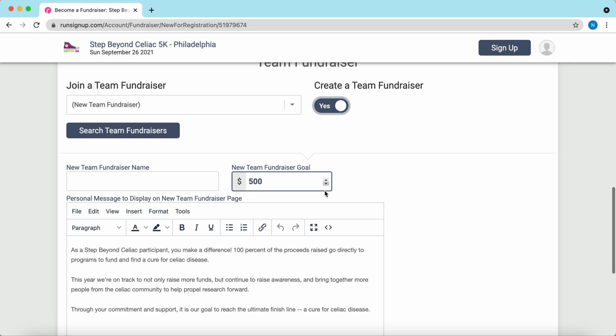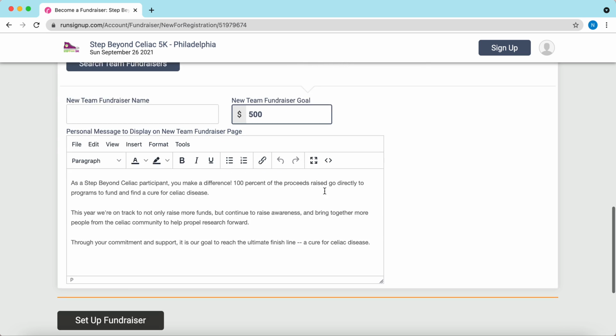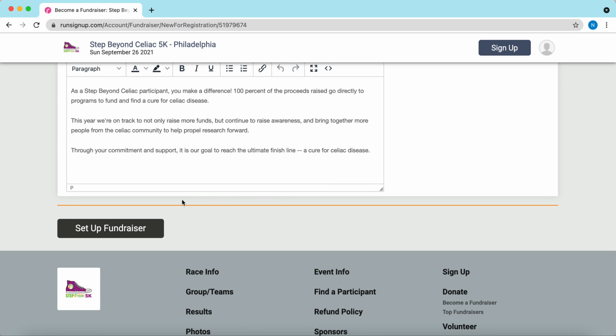Donations made directly to a team fundraiser, on the other hand, will not be attributed to any of the fundraisers that make up the team, but will only be tallied with the team's total. Finally, when you are all done, you can click Set Up Fundraiser, and this will take you to the final